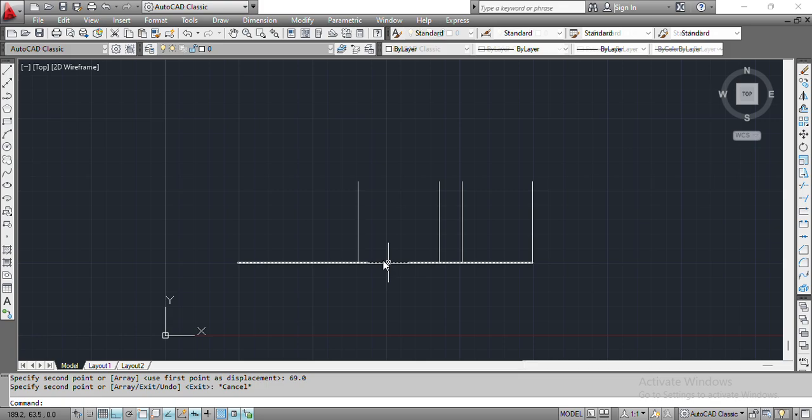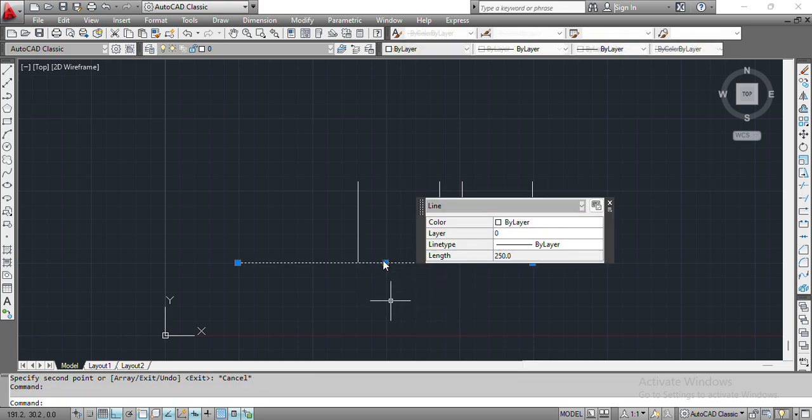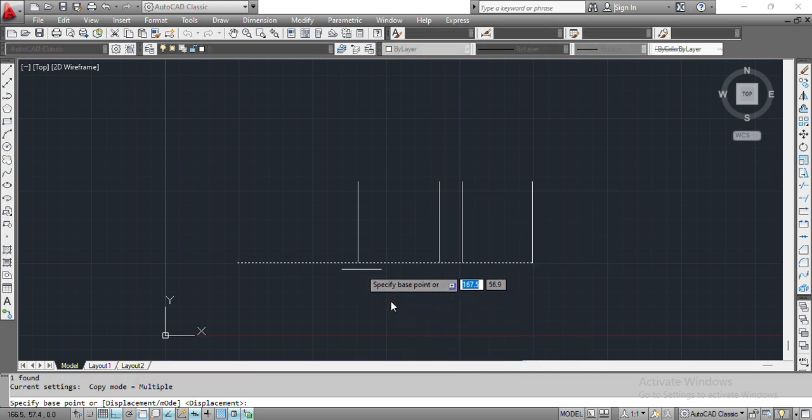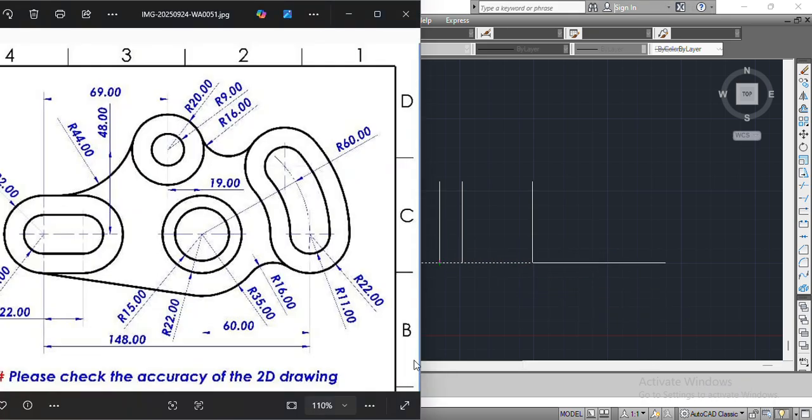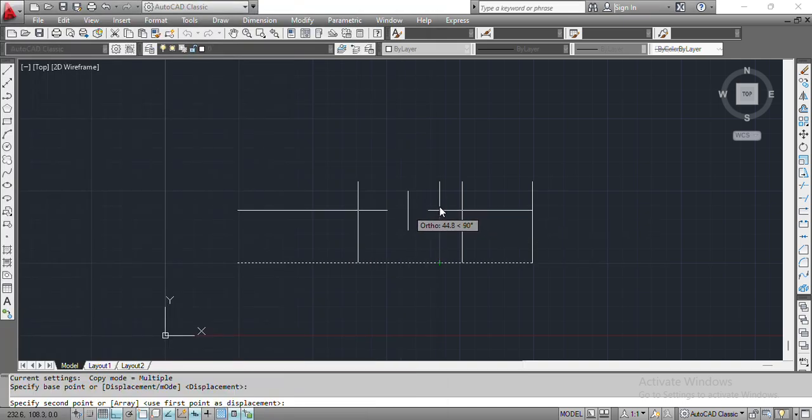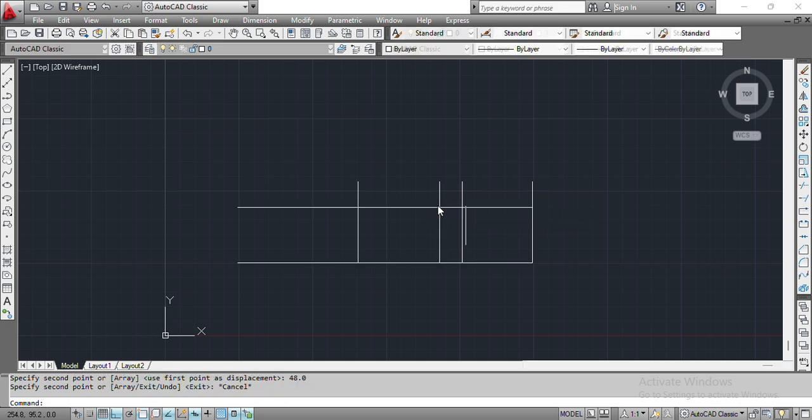Then we are going to copy the horizontal, copy the horizontal from this base to a distance of 48.0. Well, after that